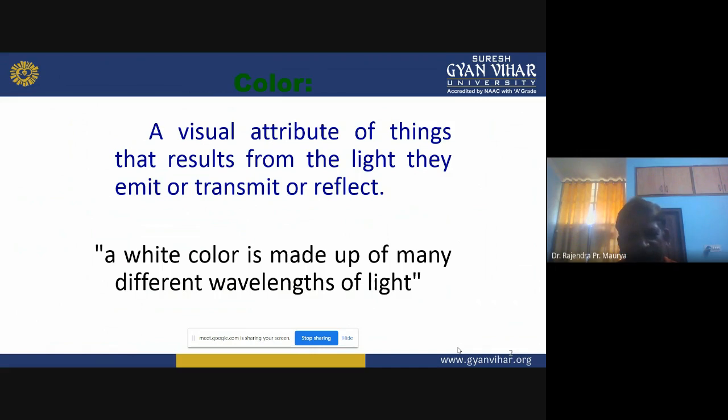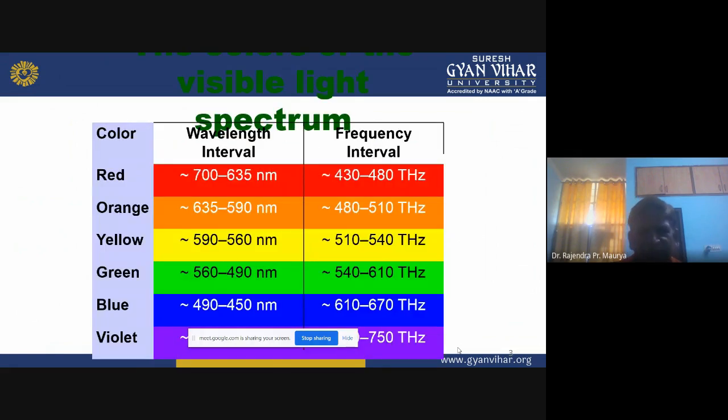Black is the absence of different colors, and also the gray color. White, black and gray are considered neutral colors. You will see that information in the next slides.